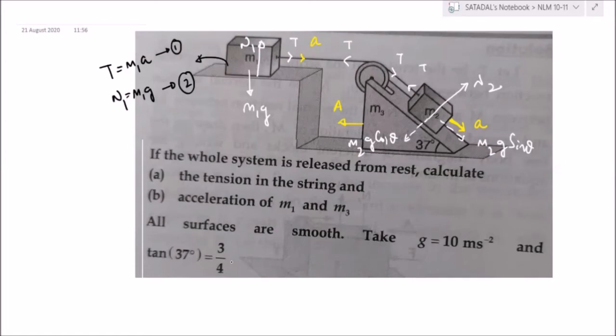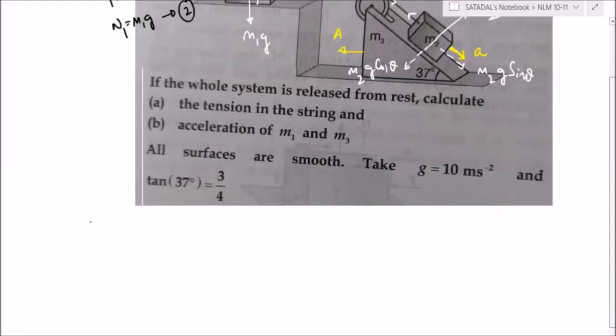Is that okay, Pushkar? If this happens, it is so much fun to write. Shashi, tell me. Sir, M1 and M2 accelerations both are the same. Yeah, they're connected by a rope, no? It has to be the same. Okay, sir. Yeah. Now for M2.